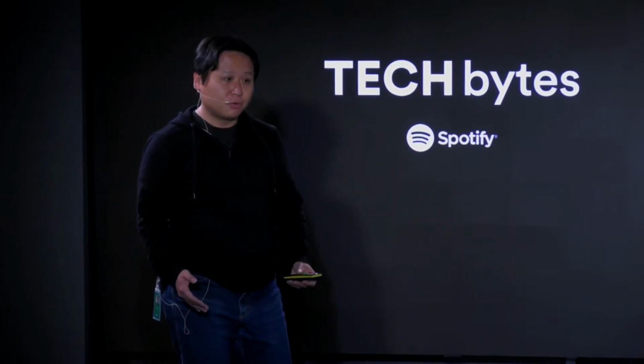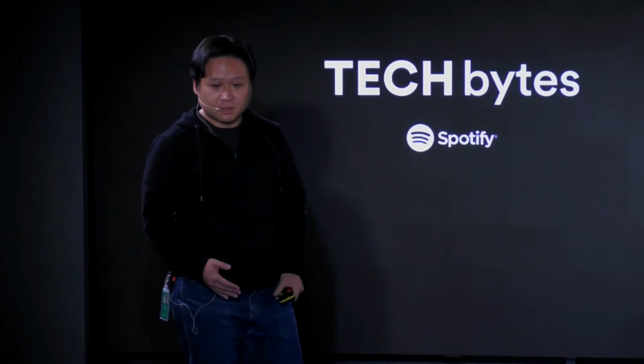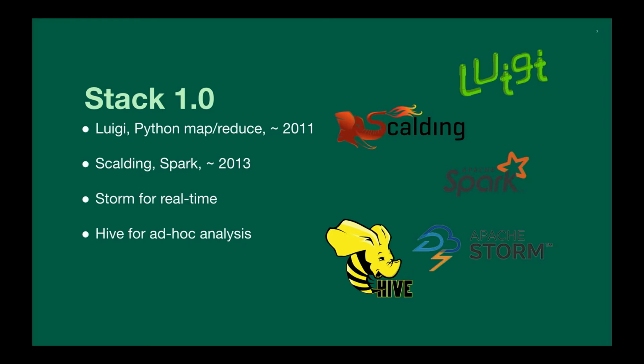So the stack we were running at the time, here's a little bit of an overview. Spotify started as a Python shop, so we used to write everything, backend services, data pipelines, everything, in Python. We created Luigi specifically for building complex data workflows in Python on MapReduce. That was 8 years ago. And Python had a lot of problems,